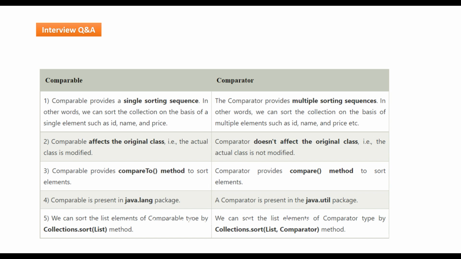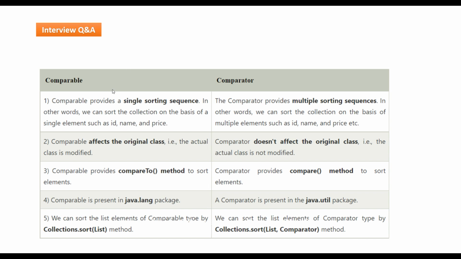The comparable interface contains a method called compareTo to sort an element, but comparator provides a compare method with two arguments to sort an element. If you are using comparable, then it affects the original class. Let's say I have an employee class, then in the employee class I need to implement comparable. That signature you need to write in the employee class and you need to override the compareTo method. But if you are using comparator, then you can create a separate class and implement comparator. Then you can use the Collections utility method sort, and pass the list as an argument to sort it.